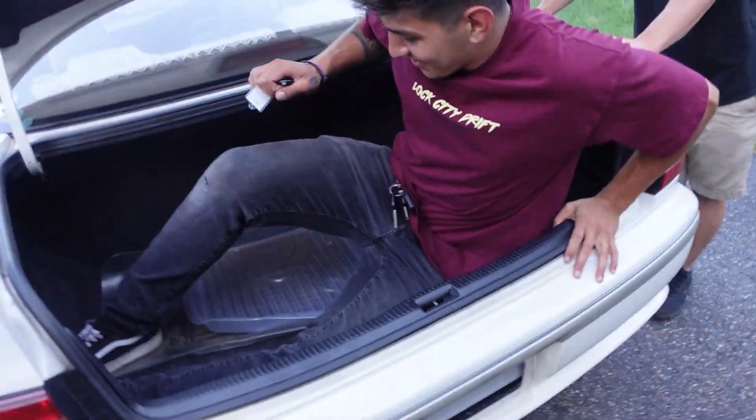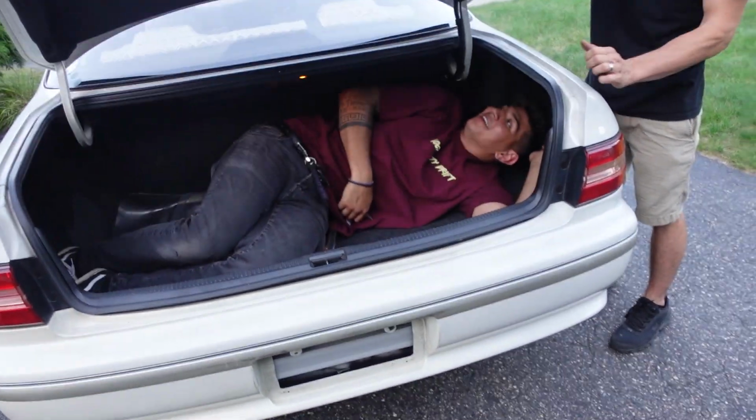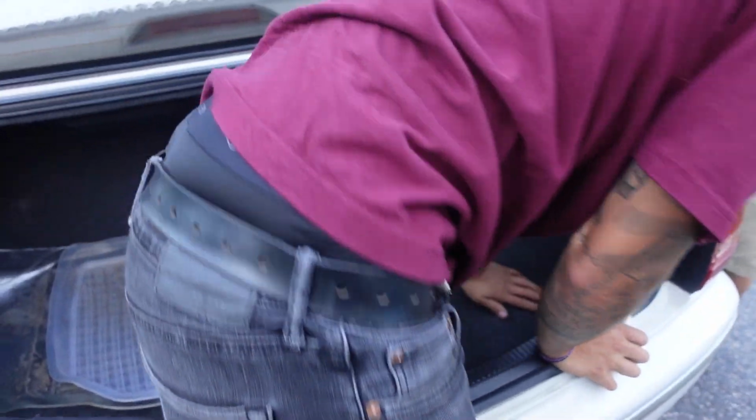What the hell? Yo, you can fit 3 of my bodies in. Yo, that's kind of crazy. Like, that's a lot of space. We can go pick up car parts in this thing. Look at